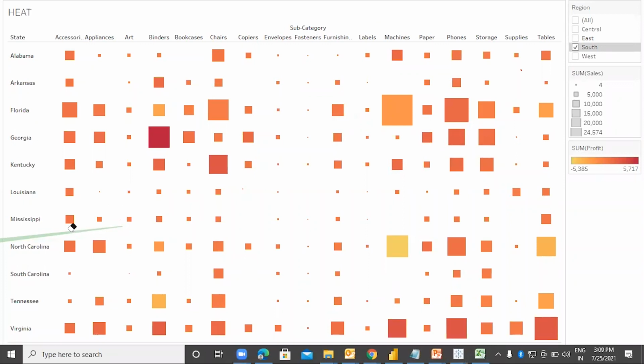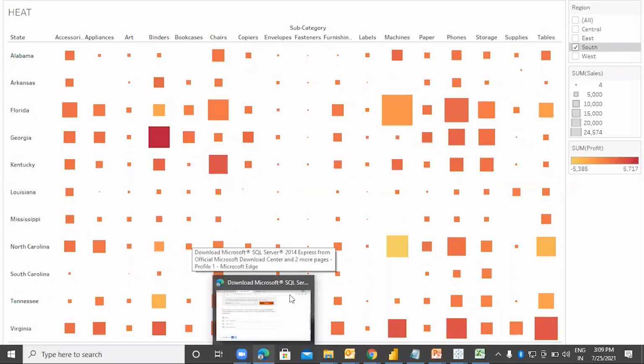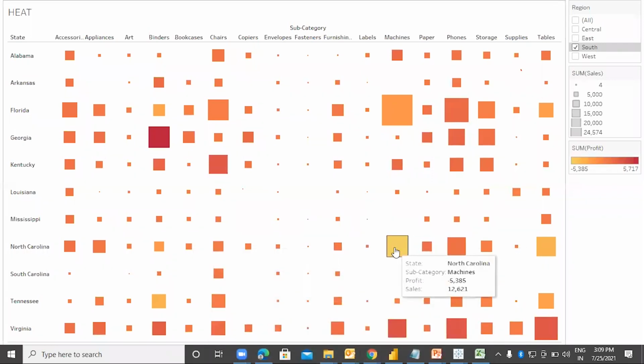There is a distribution in the sales over here. In Florida, we have good sales and we are getting bigger squares over here. In North Carolina, a few things are giving us losses. Machines has given us a loss, and this table has given us a loss, and so on.